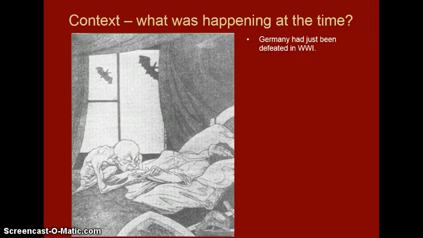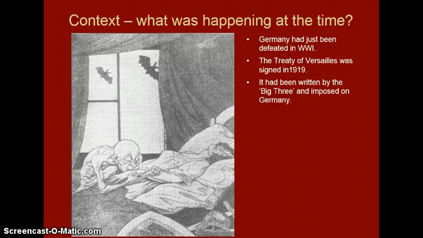Well, Germany had just been defeated in World War I. The Treaty of Versailles was signed in 1919. It had basically been written, the Treaty of Versailles, by the three big powers, and these powers had imposed the treaty on Germany, the three powers being England, France, and the United States. Clemenceau, the Prime Minister of France at the time, supposedly wanted to ruin Germany